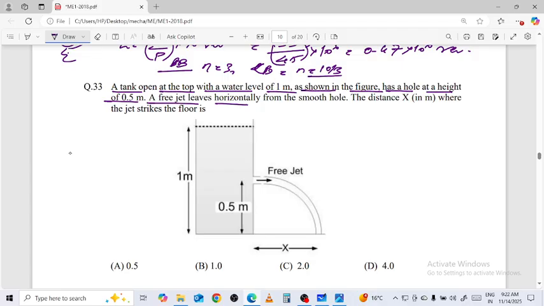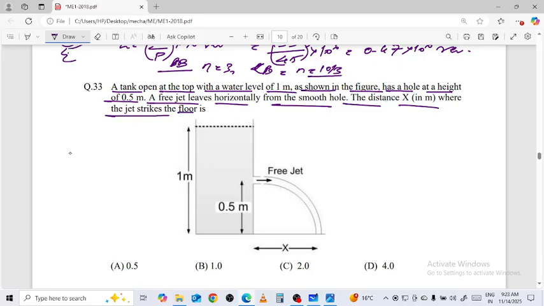Free jet leaves horizontally from the smooth hole, the distance x where jet strikes to the floor 1 meter and 0.5 meter पे आपका discharge हो रहा है। So here on the side square root of 2 into g into 0.5 which is the square root of g। एंड अगर मैं प्रोजेक्टाइल देखूं, इसको प्रोजेक्टाइल देखूं इसका